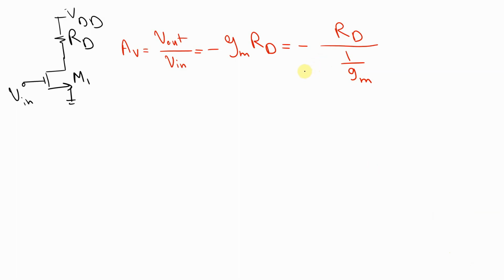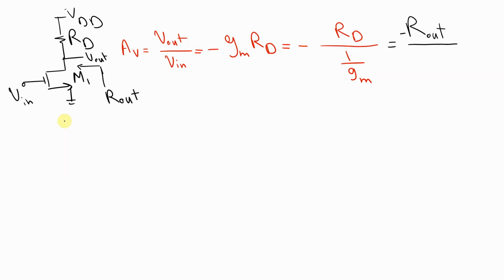So I'm going to draw a new formula, and this is Vout. If you're looking at the drain of this device, because this is the output of this amplifier, we're going to call this Rout. What is the Rout seen at the drain of this device? By neglecting the channel length modulation, you can only see RD. So Rout, which is the resistance seen at the drain of the common source amplifier, you put in the numerator, divided by